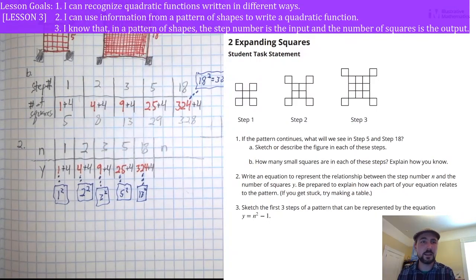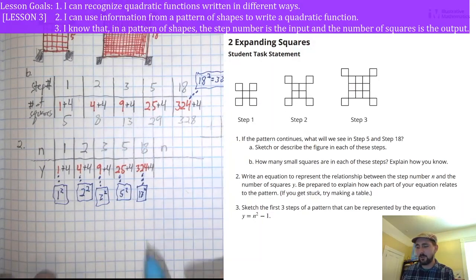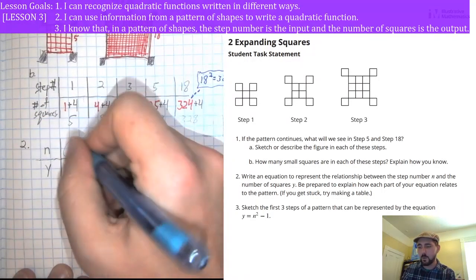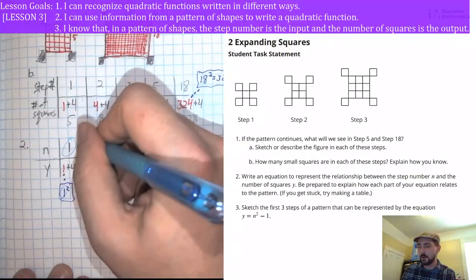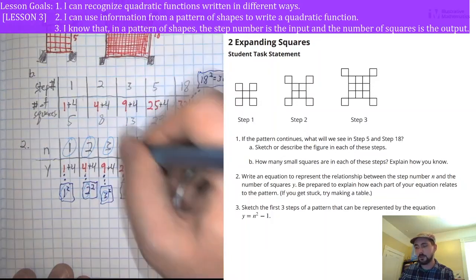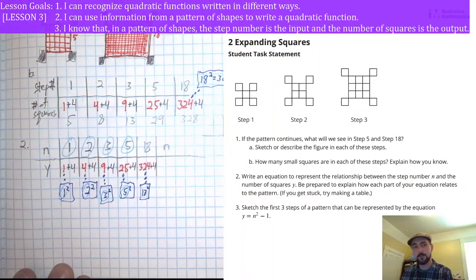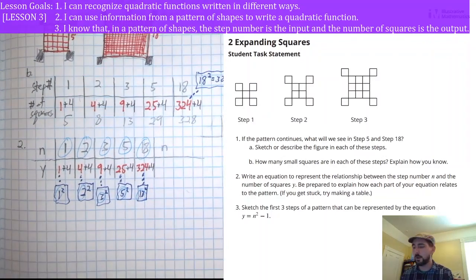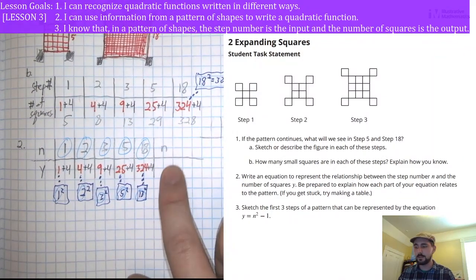goal number 3, I know that the step number is the input and the number of squares is the output. Do you guys see the step number being used in each of these? Right? Here's the 1 and it's 1 squared, the 2 and the 2 squared, 3 and the 3 squared, 5 and the 5 squared, 18 and the 18 squared. So in the nth step here,